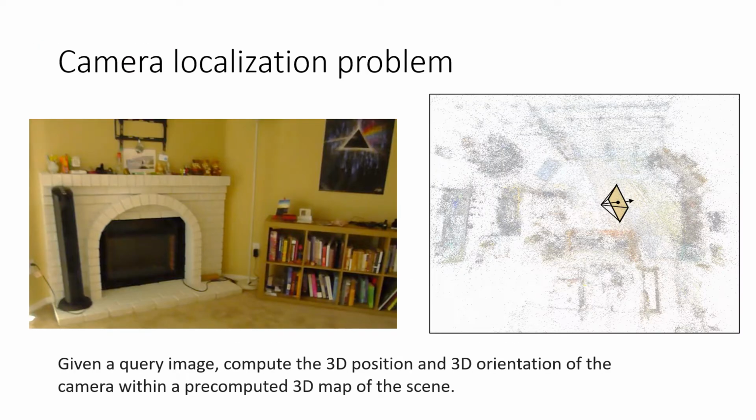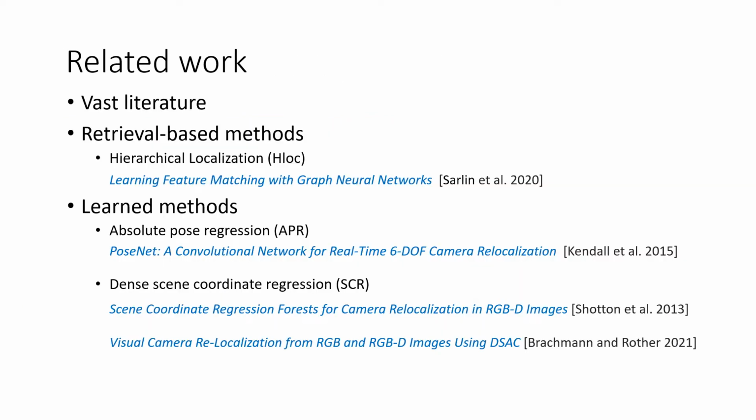In this work, we study the camera localization problem. Given a query image, compute the 3D position and orientation of the camera within the pre-computed 3D map. There are various ways to solve this problem. We will discuss two main categories, the retrieval-based methods and the learned methods that include absolute pose regression and dense